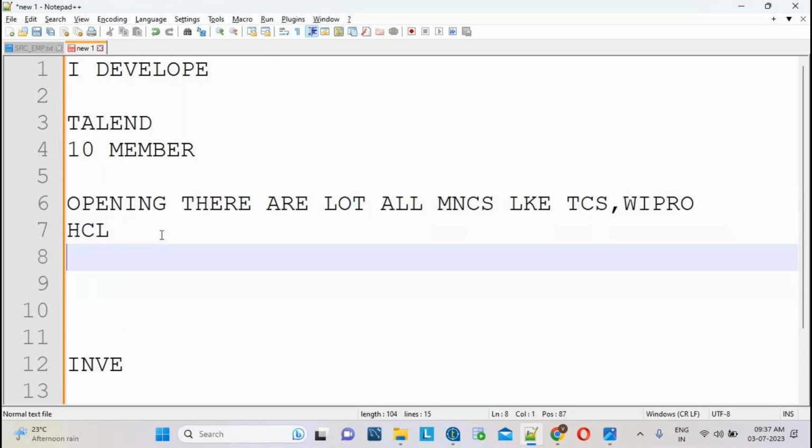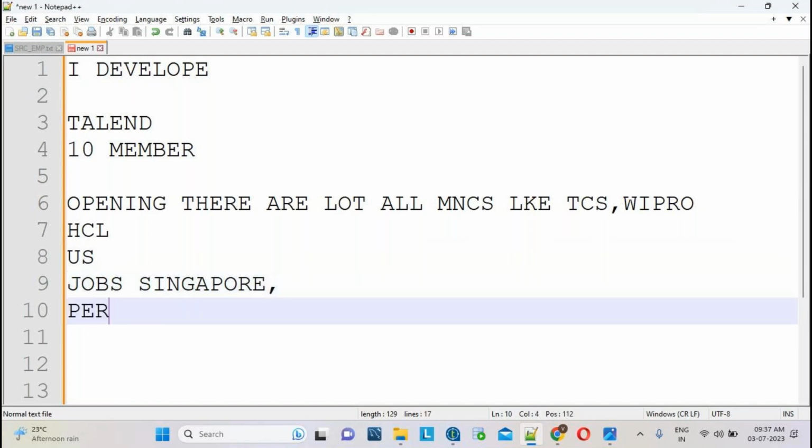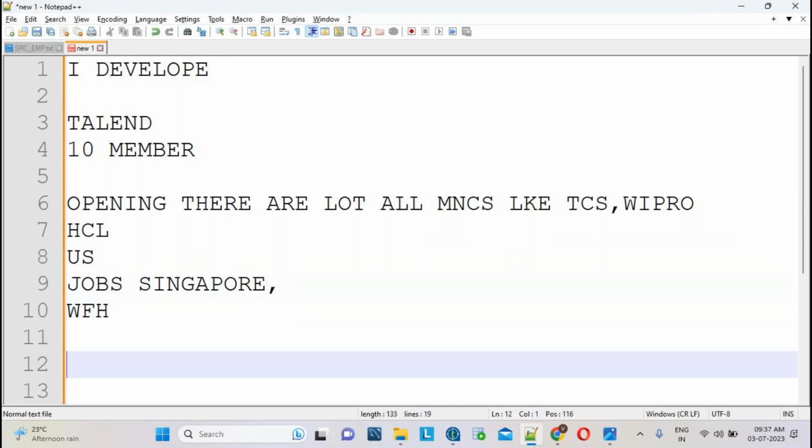Along with that, the US market is very good for Talend because some people are looking for onsite opportunities. They have a lot of openings for the US. Even our students got jobs in the US, Singapore, Malaysia. You will get permanent work from home for Malaysia calls. You will get it.